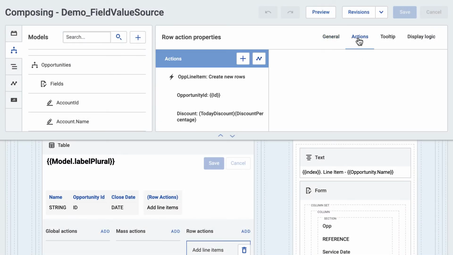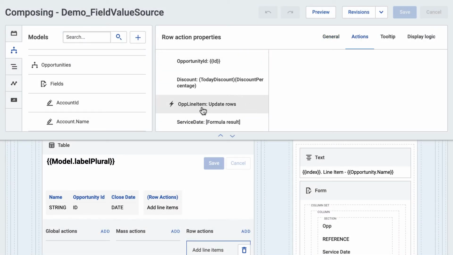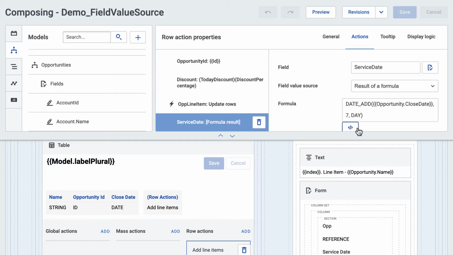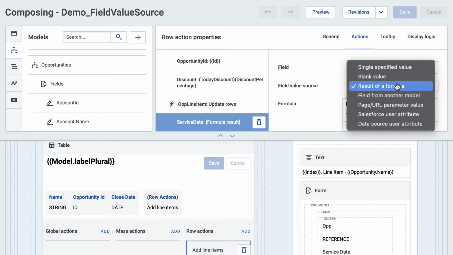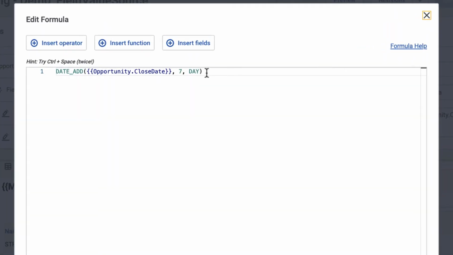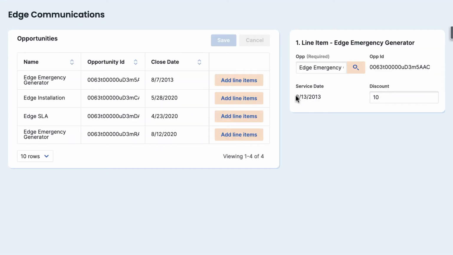Next, you will choose Result of a formula if you need to manipulate the data before passing it on, whether it be in a calculation, text transformation, or model lookup. For example, if you would like the opportunity line item to have the service date to be exactly 7 days after the opportunity's close date, you can create a formula using the dateAdd function to generate and populate the service